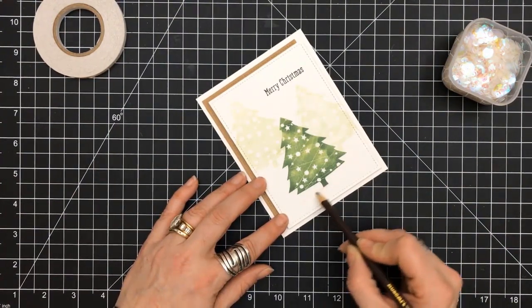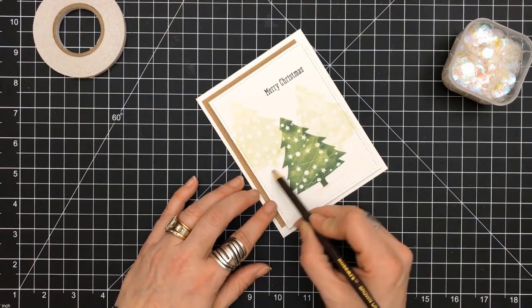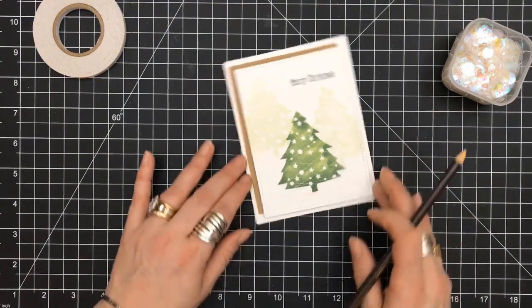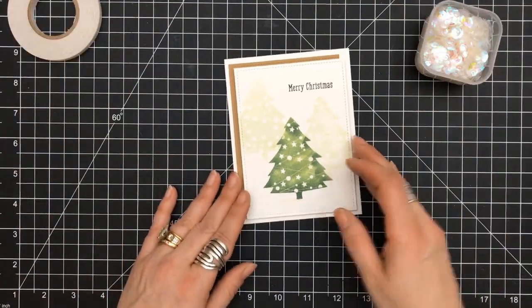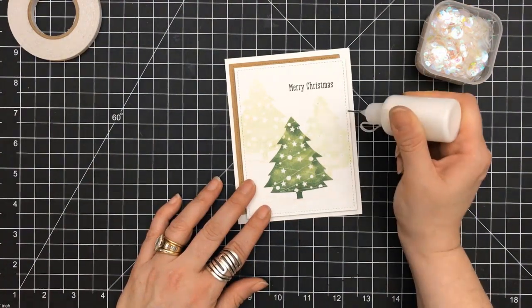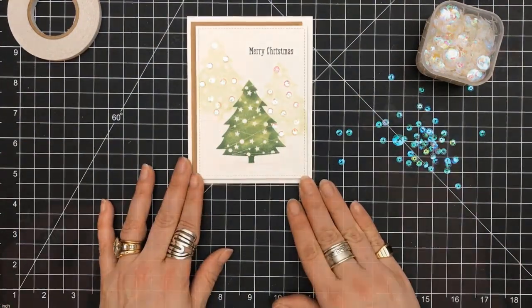I have a whole bucket when I do classes of colored pencils that I've created or collected over the years, or the inexpensive sets that I buy because I love those as well. I just throw them in a bin for my classes. So I grabbed one of them, a dark brown, and just put some brown at the base of the trees. And now it's going to be the